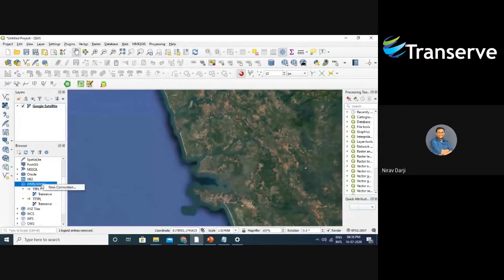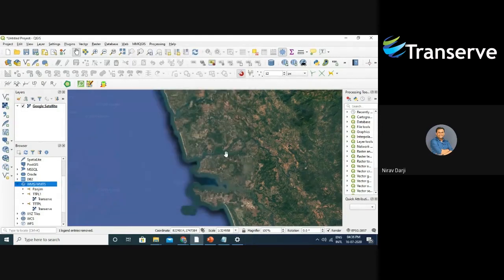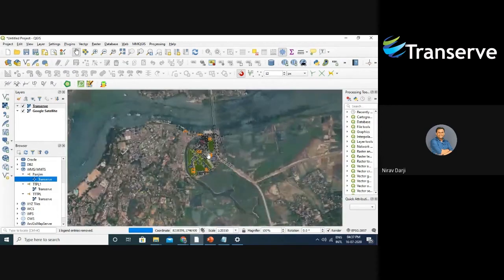So here I have QGIS, and I am going to paste this link there. Just name it as engine and click on it. It will connect with my database. And as you can see, it directly pops up there. So you can utilize this kind of service to digitize or verify with your customer or with your internal team members as well.